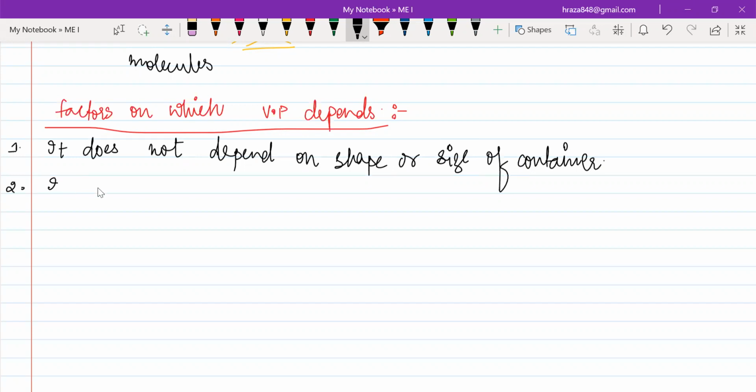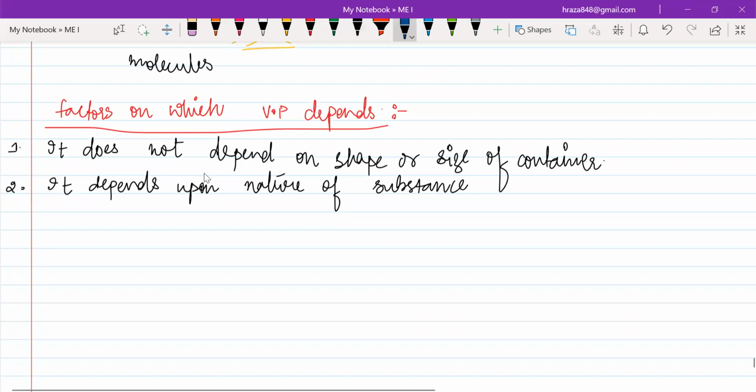The second, it depends upon the nature of substance. So how does it depend upon the nature of substance? For that, you have C2H5OH and H2O. So you will see that of C2H5OH, the vapor pressure